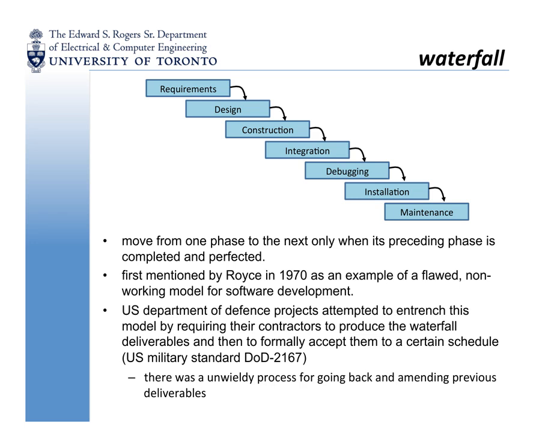Now, here is something important about the history of this model. It was first described by Winston Royce in 1970, but Royce described it as an example of a flawed, non-working model. He was warning against it, yet the industry adopted it anyway. The United States Department of Defense actually mandated a version of waterfall for their contractors through a military standard called DoD-2167. Contractors had to produce the specified deliverables for each phase and have them formally accepted before proceeding. The problem with that mandate is that